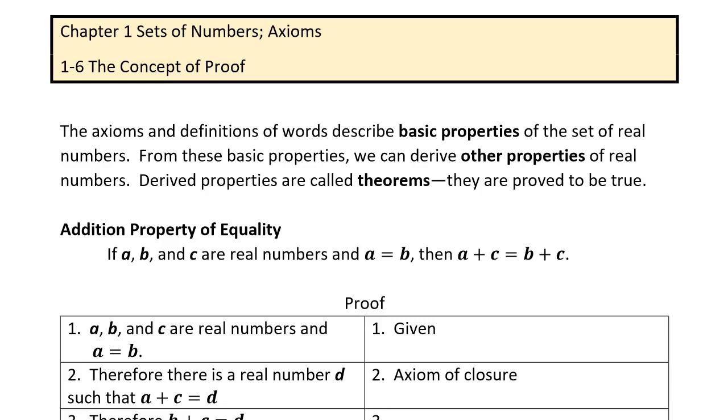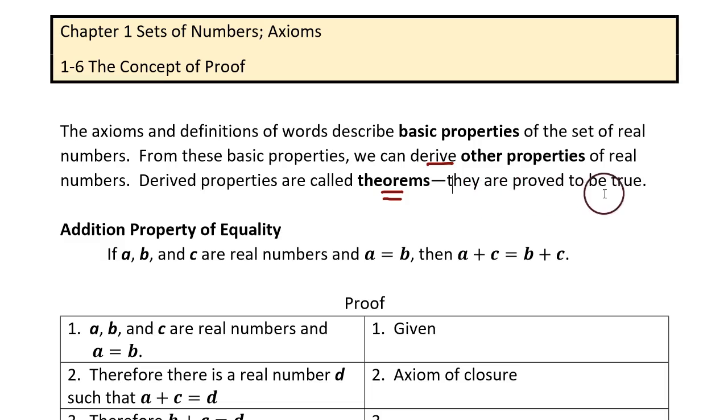This video is for lesson 1-6, the concept of proof. Axioms and definitions of words describe basic properties of the set of real numbers. From those basic properties, we can derive other properties of real numbers. Derived properties are called theorems, and theorems are proved to be true. So from those assumptions that we make at the beginning, we can create other ideas called theorems, which we can